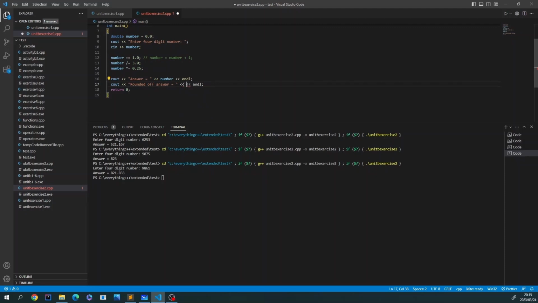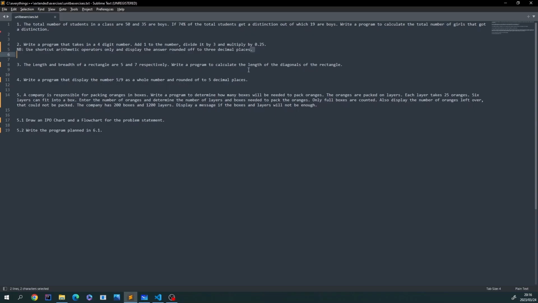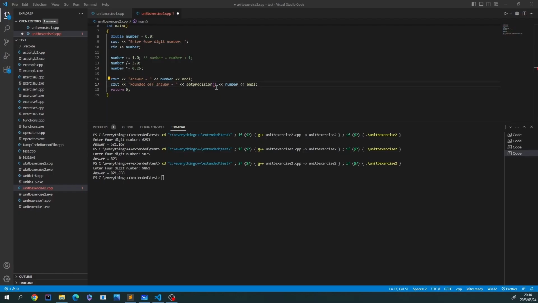So before you output the actual number that you want to round off, you must first set precision, and then your number or answer. Now, for this question, it is a bit tricky to set the precision because you don't know what the whole number, which is the number before the comma, will always be. This might change, but from what I'm looking at here, the number before the comma will always be a 3-digit number, right? Now, that might not be true, because what I'm thinking right now is